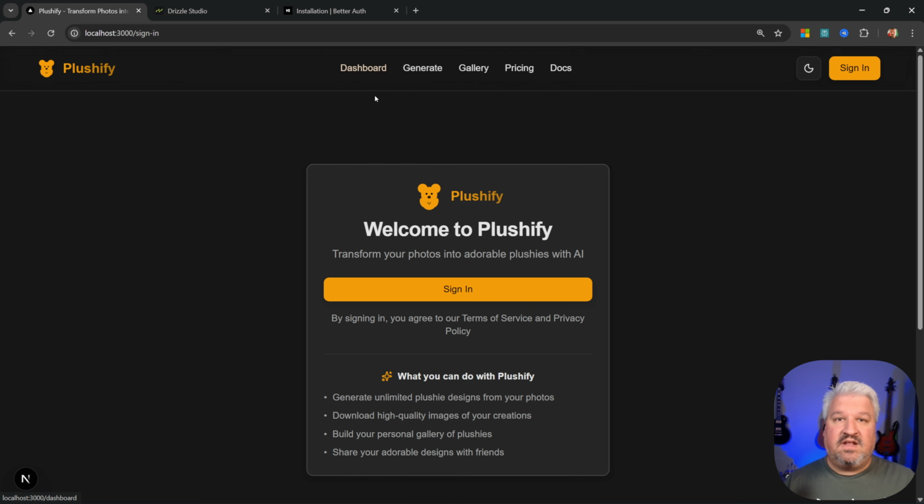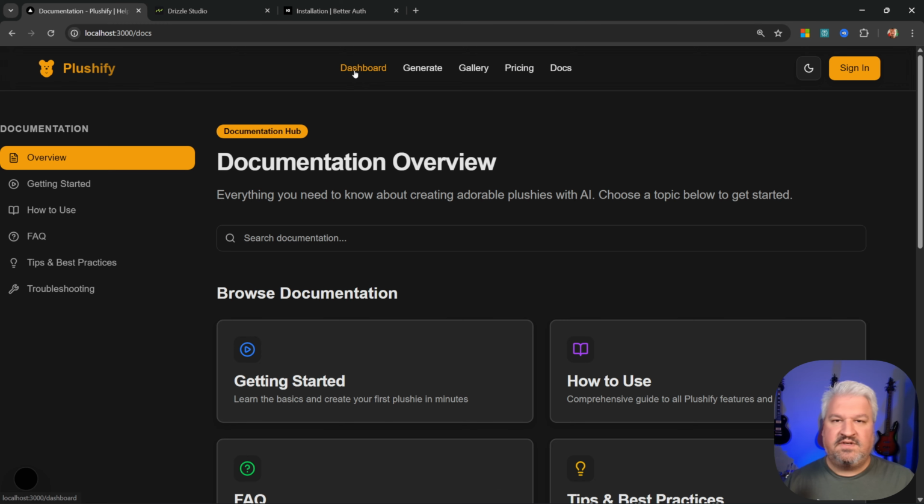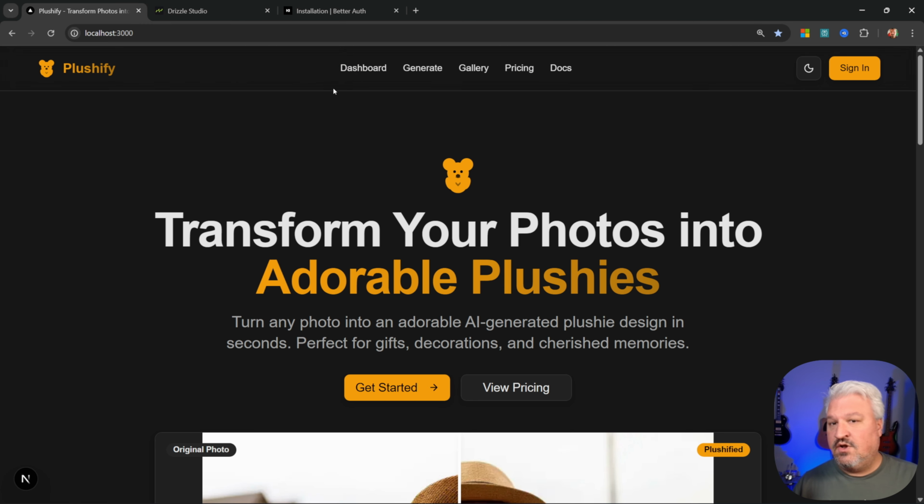And yes, we can see that the dashboard is indeed a protected page. So we have to be signed in to access this page. Let's also go to generate, which gives us the same thing. Let's go to gallery, same thing. Of course, we can still go to pricing and docs. But what I want to do is if a user is not signed in, they should not see the dashboard,